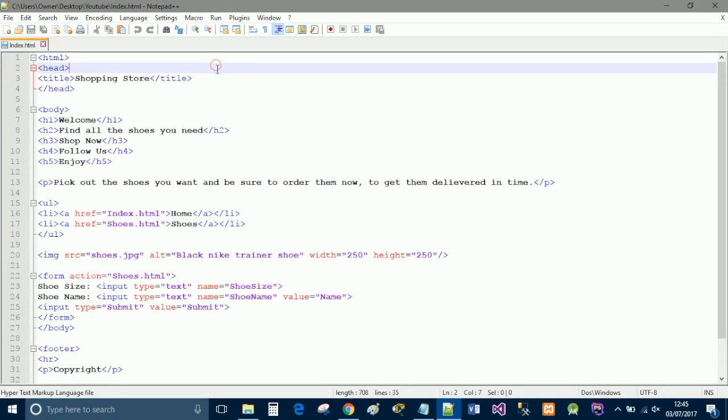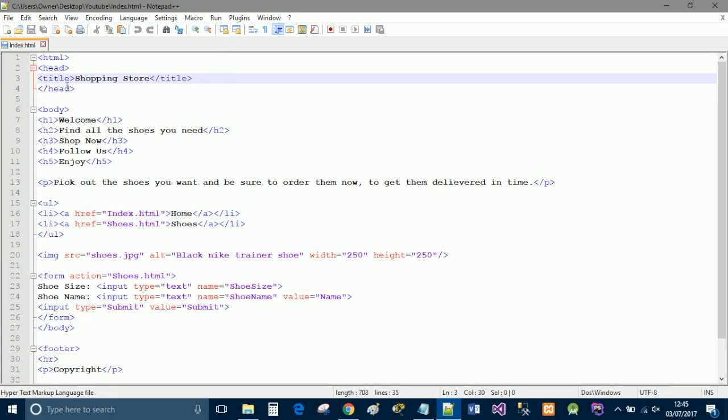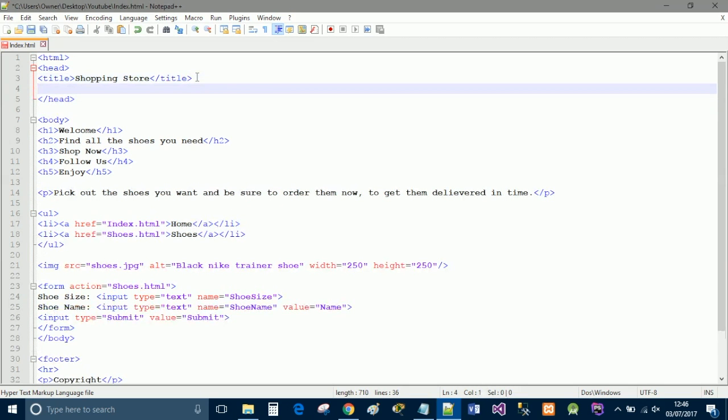So the first thing that we're going to do, we're going to jump straight into it, is the header tag. Now, I said in the previous video, the header tag is simply for a title, any JavaScript or any style sheets or any links or anything like that. So we're going to put a link in below the title, and it's going to be link href equals, we'll leave that blank for a second, rel equals, and we're going to use stylesheet,